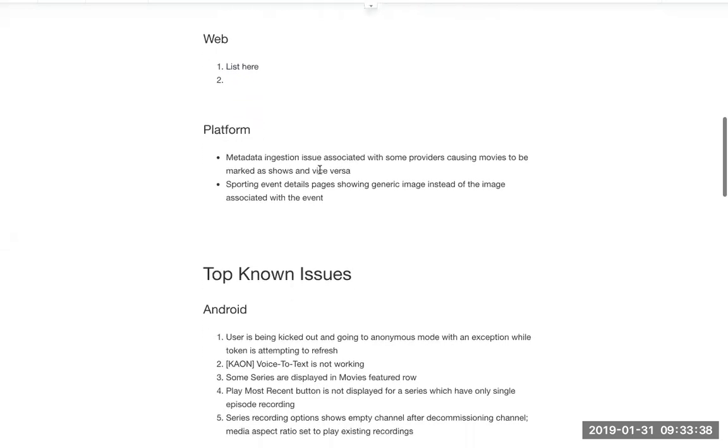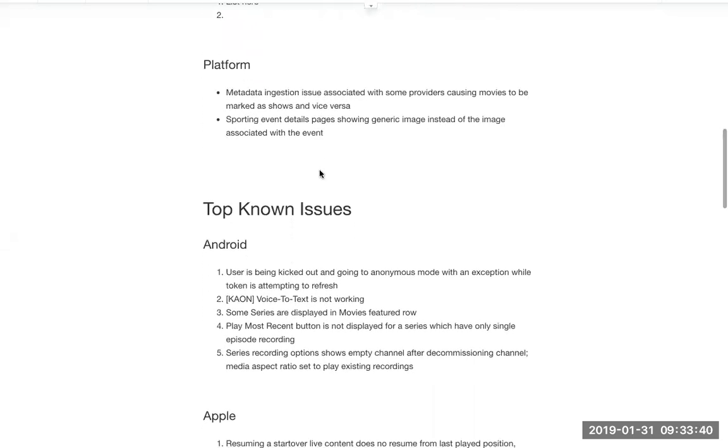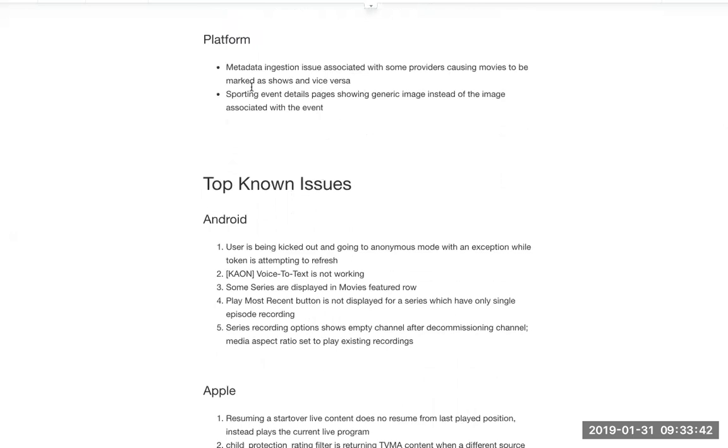And then on the platform side, there were a couple of issues that I think were pretty important to be fixed, one of which was this metadata ingestion issue. Some providers of metadata, or excuse me, some sources of content were passing over information to